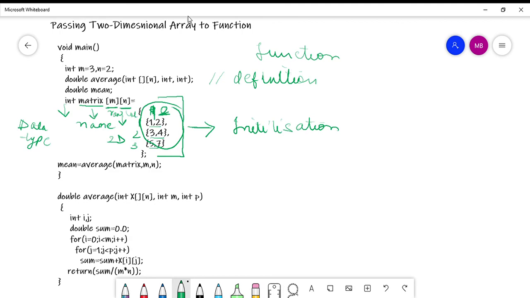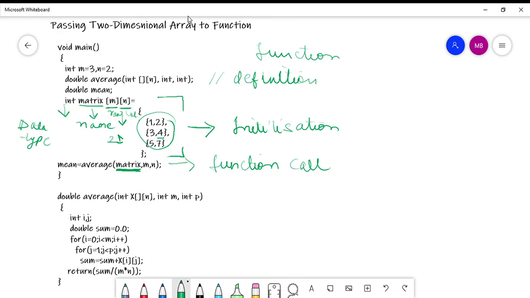similar manner. Now what are the rules corresponding to that? The rules are that the function must be called by passing only the array name. Here also you need to pass only the array name and nothing else. See, this is a function call, you can see here. So during the function call, just like in the case of one-dimensional array, here also I am using only the name of the array. Just by passing the name of the array as the argument, I am passing all the contents of the array to the called function. So only specifying the name of the two-dimensional array here is sufficient.